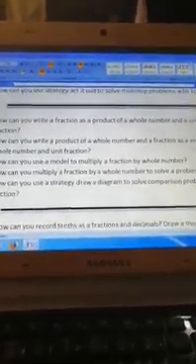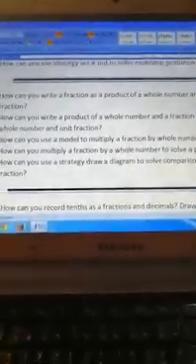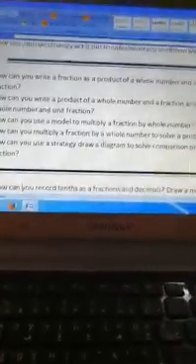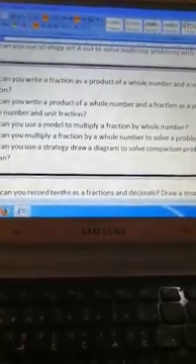Question number 5. How can you use a strategy, draw a diagram, to solve a comparison problem with fractions? Here create another problem, but a comparison problem using a fraction. Draw a diagram to help you in solving this problem, okay? Okay,